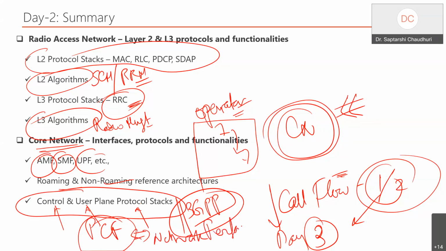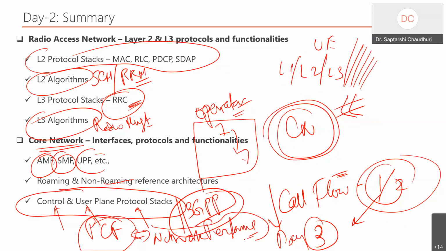Okay. And we as researchers think of the algorithms from layer 1, layer 2, layer 3 and all the stuff. On the UE side, beamforming is another part of it. But we also have to tell the operator, please innovate your policies the way you want the network to be envisaged. So this is the overall gamut of the first 2 days of 5G as a network. Here I close off.